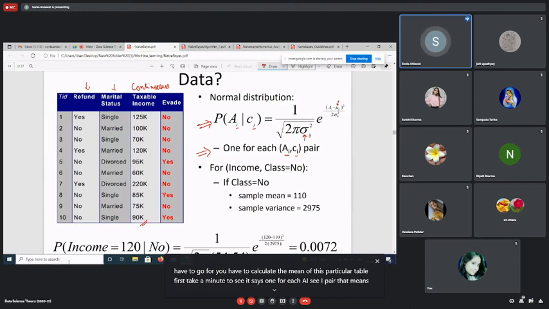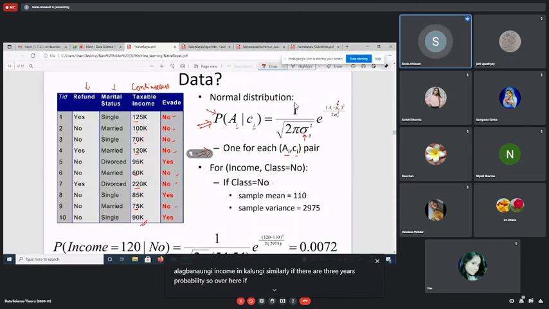That means you have to go for class yes and for class no separately for the normal distribution. ठीक है, so if I go for class no, I'll just count the number of no, 7 points are there. I'll take those no's, इनका टेबल अलग बनाऊंगी, इनका मीन निकालूंगी। सिमिलरली देयर आर 3 yes, उनका अलग मीन निकालूंगी, फिर उन दोनों की प्रोबेबिलिटी अलग निकलेगी।